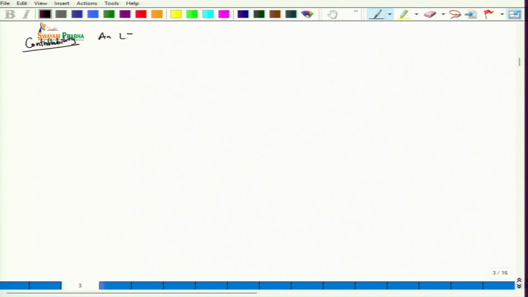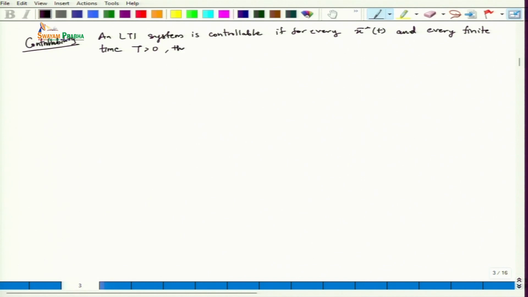So an LTI system, that is the linear time invariant system, is controllable if for every state x star and every finite time T which is greater than 0, there exists u of t, so that t goes from 0 to this capital T,